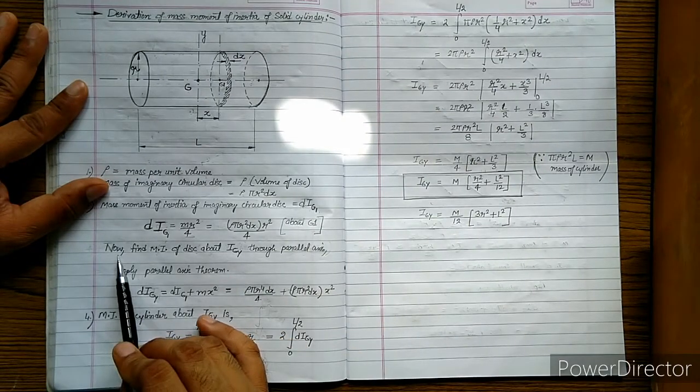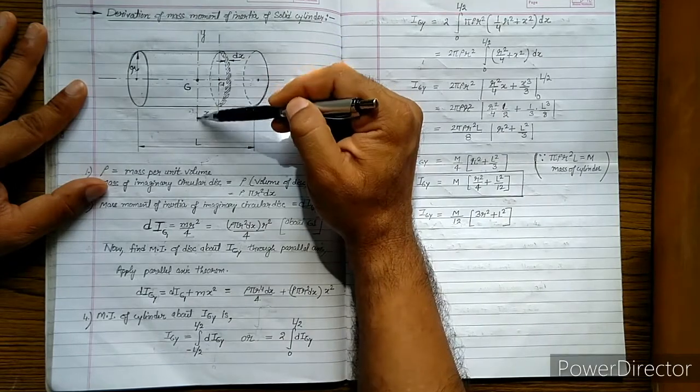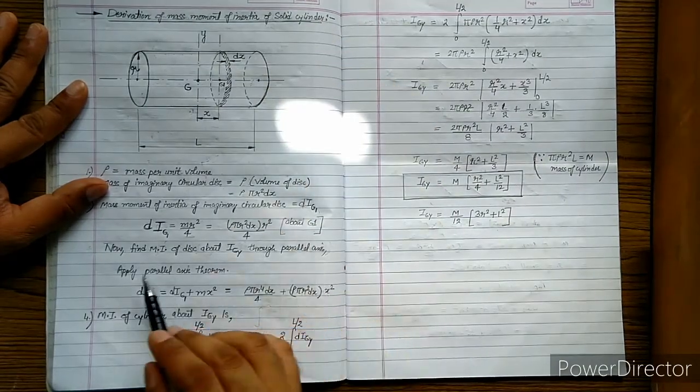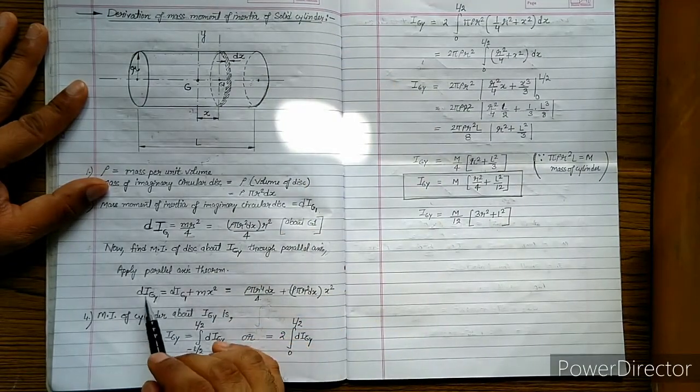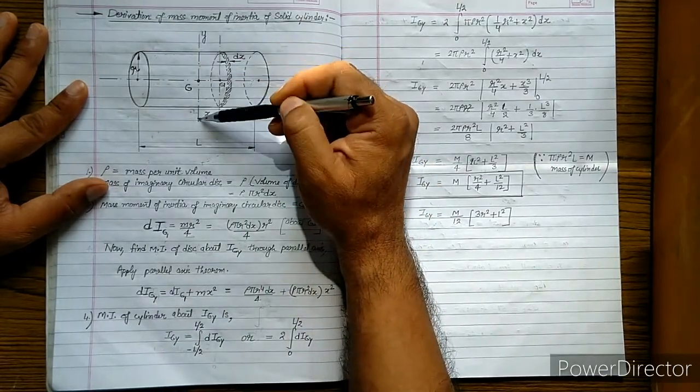So that's why it is written over here. Now find the moment of inertia of the disk about IGY, meaning this particular axis, through the parallel axis theorem. So apply the parallel axis theorem. The mass moment of inertia of this circular disk about this axis is denoted by